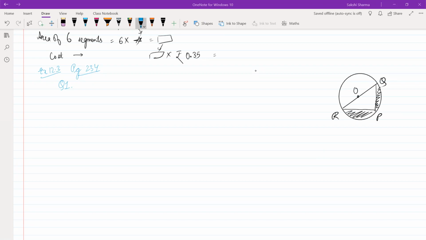I'm going to write down what I'm given here. PR is given as 7 centimeters. PQ is given as 24 centimeters. QR is the diameter of the circle. Whatever you are doing, you have to justify. So that's why it's necessary. QR is the diameter of the circle. This implies that the angle QPR is 90 degrees.